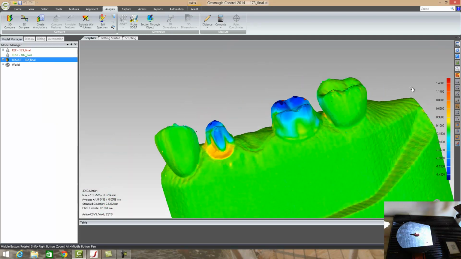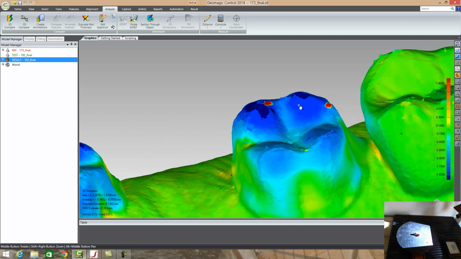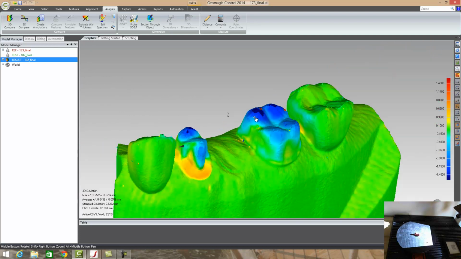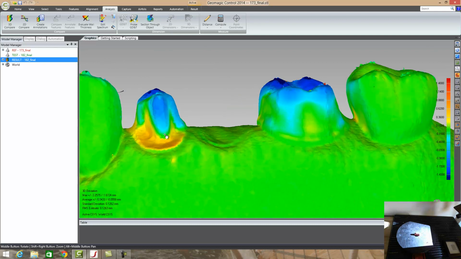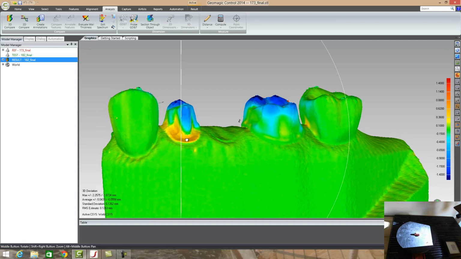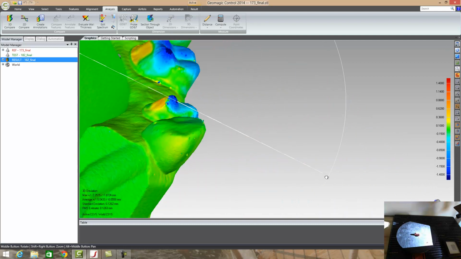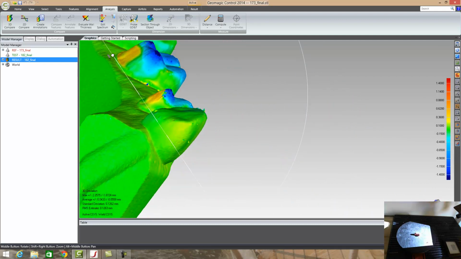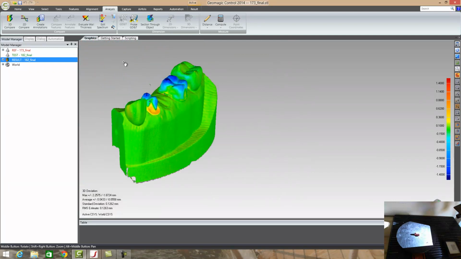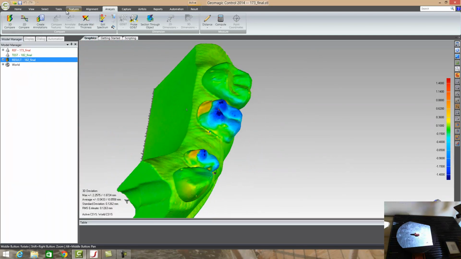So I'm sitting here in millimeters, and you can see once we get to almost 1.5 millimeters, that's the top of the deviation between these two parts, and we can see where one's shifted a little bit lower than the other, or a little bit higher rather, and some pieces are lower. So we can see all of this shift in deviation,